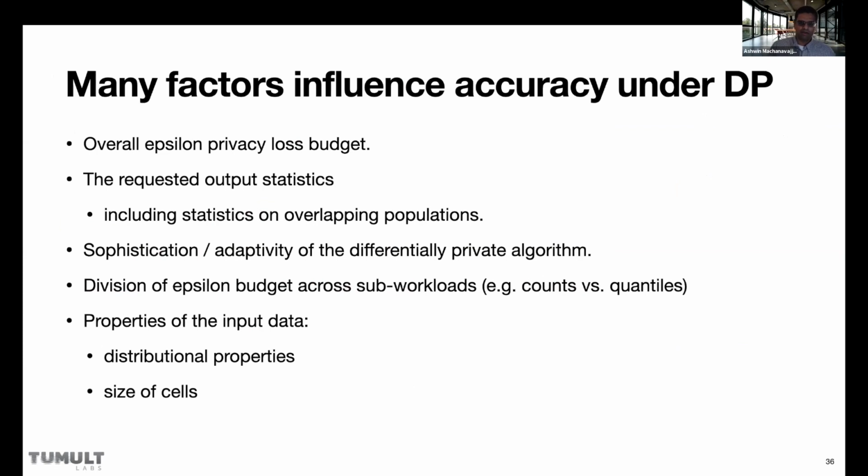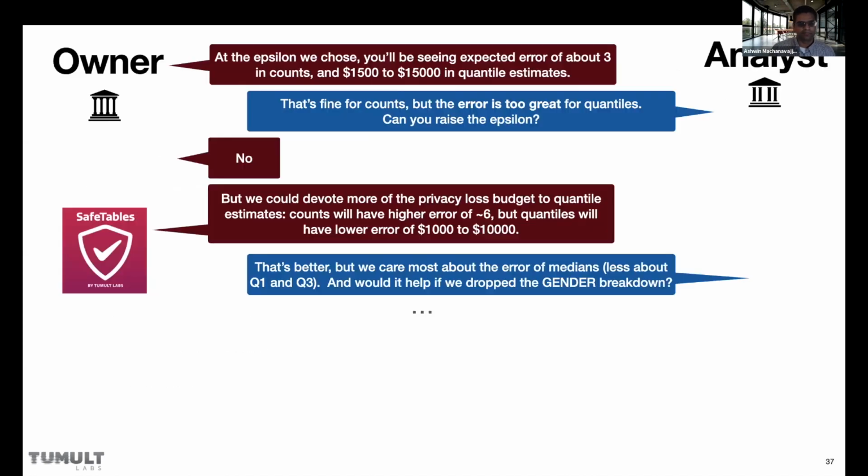And so there are a lot of variables that you can play with to try and accommodate a request, especially if you know that there are only certain parts of the data that you really care about, right? And you can think of this negotiation also as a way to elicit what the analysts really care about, right? And therefore try and get accuracy for the things that they care about the most, right?